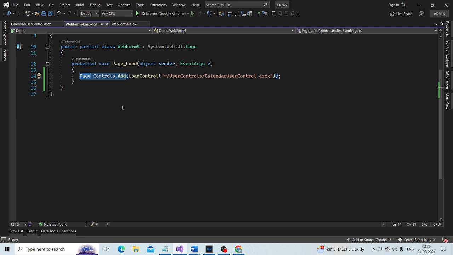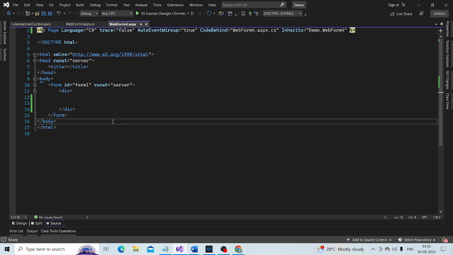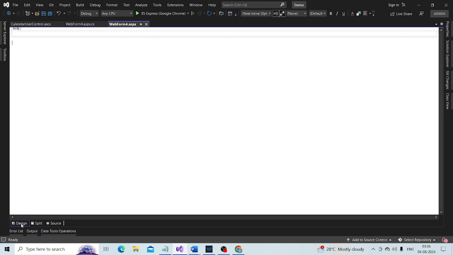It is also helpful to use these controls because in reality on this web form you might have other things, maybe you are asking the person to enter their name, age, gender, etc. So you will have other fields here, and after that you want this calendar user control to select their date of birth.